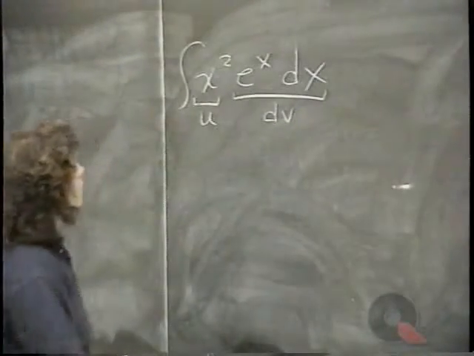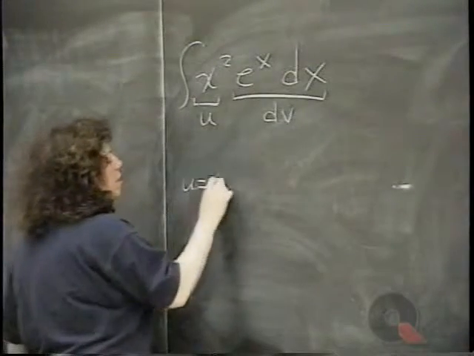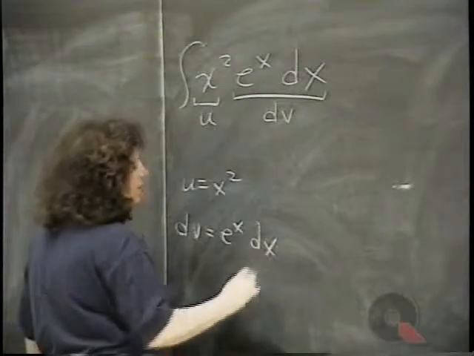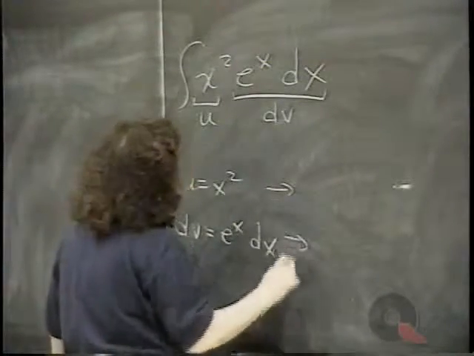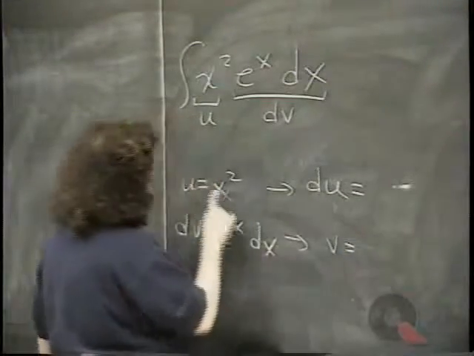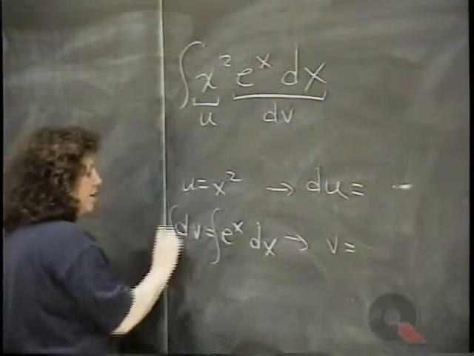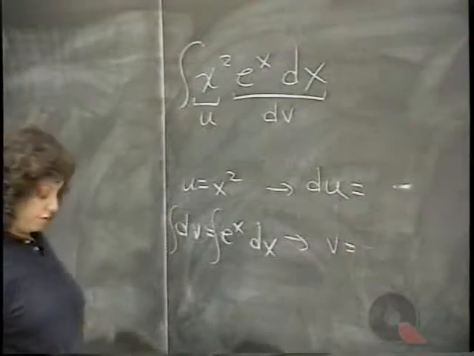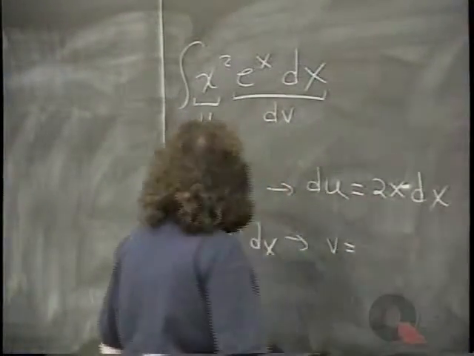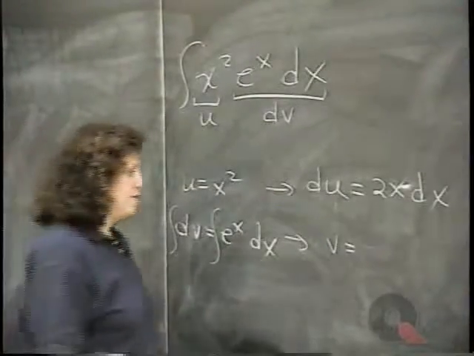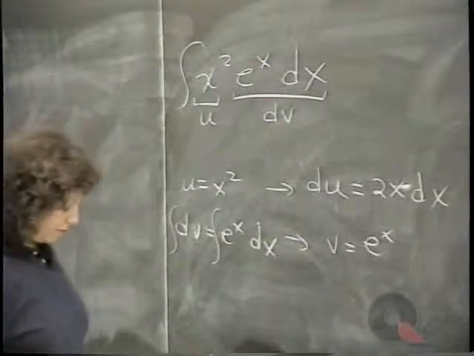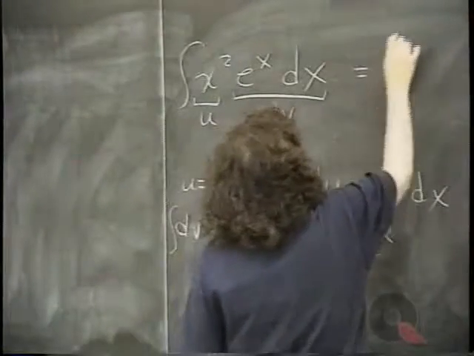Okay, now, going to let u be x squared and dv be e to the x dx. And as always, we're going to differentiate u, and we're going to integrate to get v. Derivative of u with respect to x is 2x, du is 2x dx. And the integral of e to the x dx, of course, is e to the x plus a constant. Now, this is going to be equal to